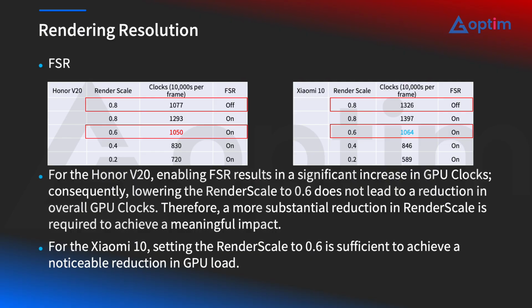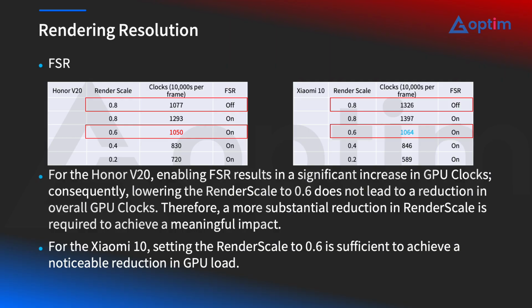This leads to a key conclusion. The performance impact of FSR varies significantly across different GPUs and devices. Therefore, there is no universal optimal render scale setting for FSR. The correct approach is to benchmark device by device using GPU clocks measurements to find the balance between FSR enablement and resolution scaling. In summary, both fragment resolution control and FSR strategies must be tuned per device rather than relying